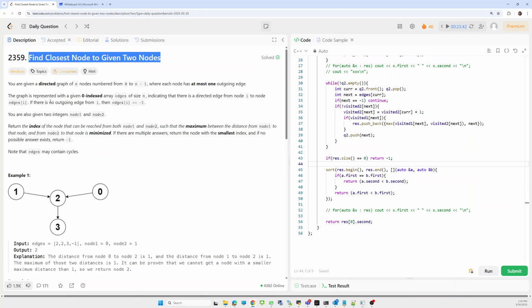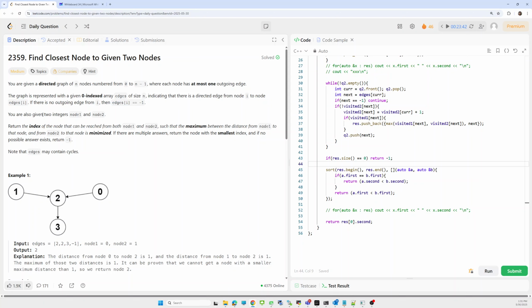The graph is represented with a zero-indexed array edges of size n, indicating that there is a directed edge from the ith index to the node given by the value at that index. If there is no outgoing edge from i, that means there is no edge.